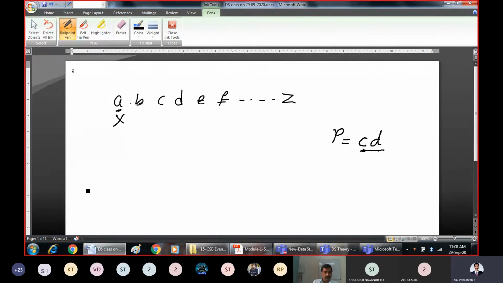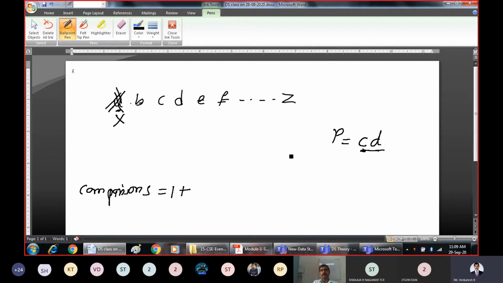But how many comparisons have we made for this? I will write the comparisons here. How many comparisons have we made at the beginning? Here A is compared with this C. That means the comparison is failing. I have made one comparison, but the comparison has failed. Once this first character itself is not matching, we will ignore that character and go with the next characters. We will start comparing from the next character onwards, because the first is A and what we expect is C. So it is not matching, just ignore it and leave it. Go for the next character.